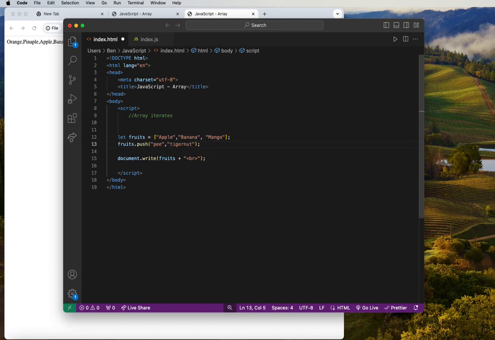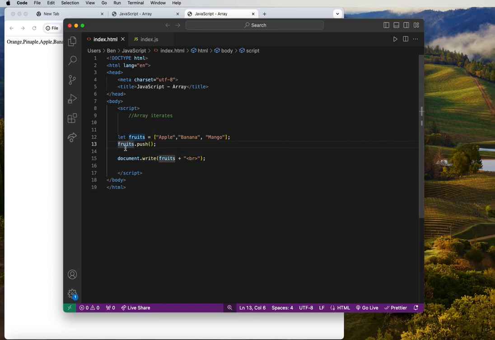This one we know already adds to it, but let's say for the default one we already have this, we don't have this anymore. Now we can simply remove a value from this array like apple, banana, mango. We can simply remove it by applying what we call the pop